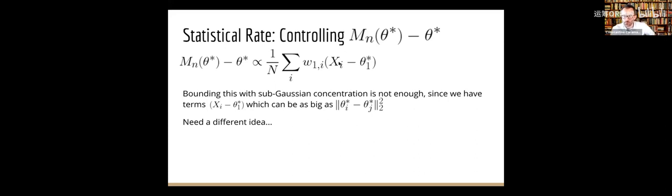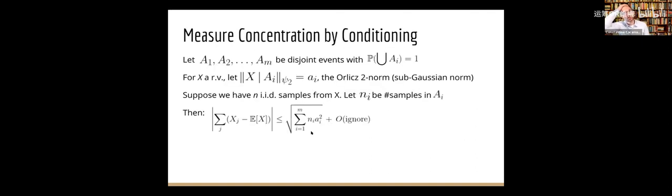Now I could just say, well, I'm in business, I've assumed everything inside is Gaussian, so everything is good, and I could just try to bound this using Gaussian or sub-Gaussian concentration. But that's not going to be very good, because you can see that these terms here could be quite big. If xi didn't come from theta 1, then I'm going to have terms that look like root log k, which is no good. So we need a different idea.